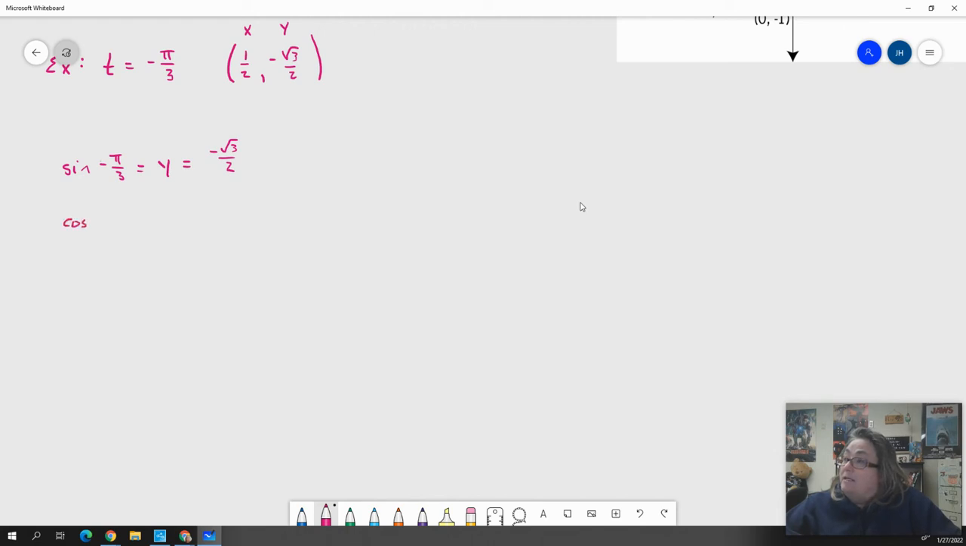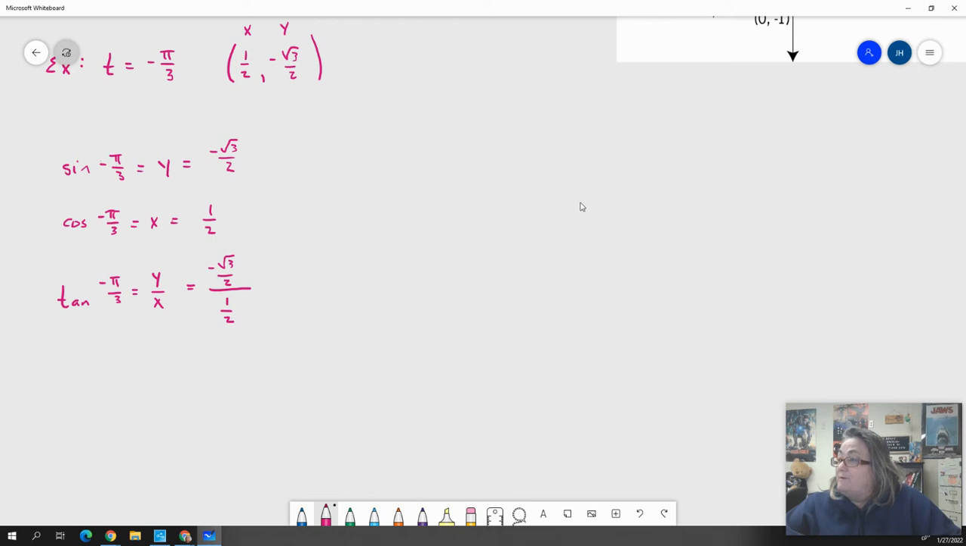Our cosine of negative pi over 3 equals our x value, which is just 1/2. Tangent is going to equal y over x. So tangent of negative pi over 3 equals y over x, which for us is going to be negative radical 3 over 2